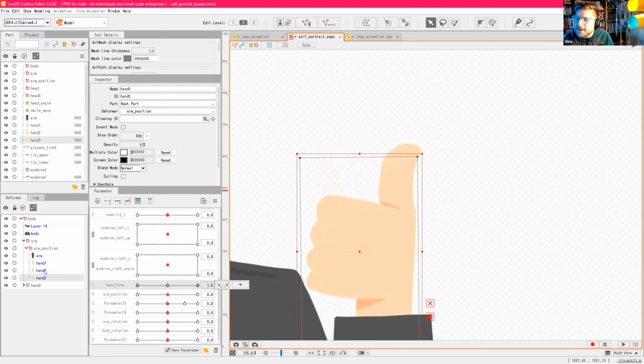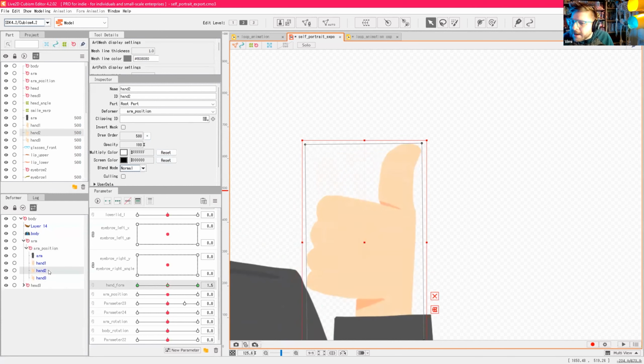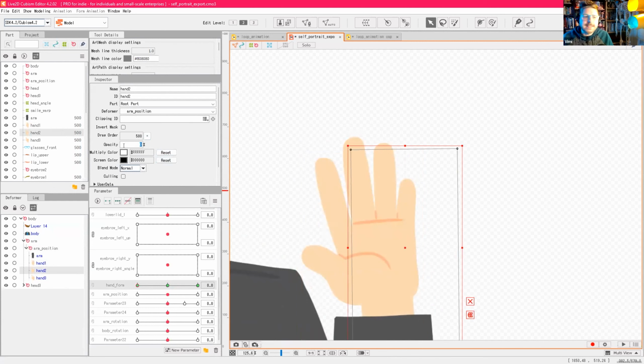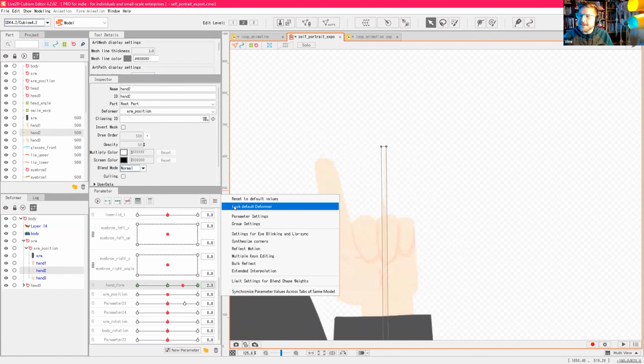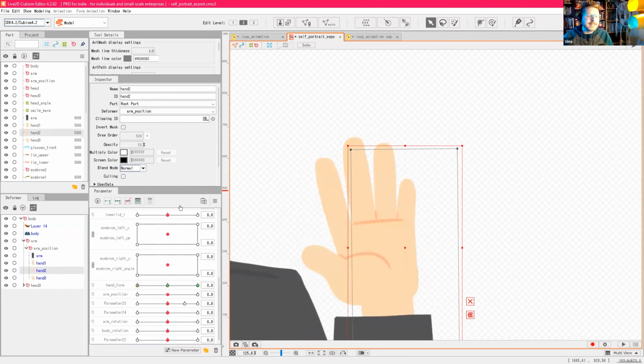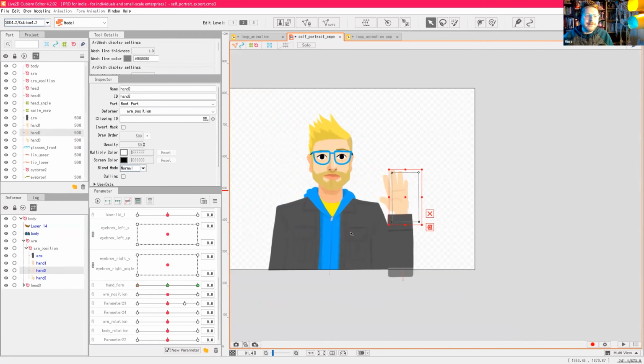So you can see here, I think it's set for 0% in this little inspector value here. So that way I can turn them each on and off. And you've been seeing me do this a lot. If you want to reset everything back to default values, you can press this reset to default values thing at the top menu there. Obviously, there's a lot more involved with these parameters, but let's go more into different objects